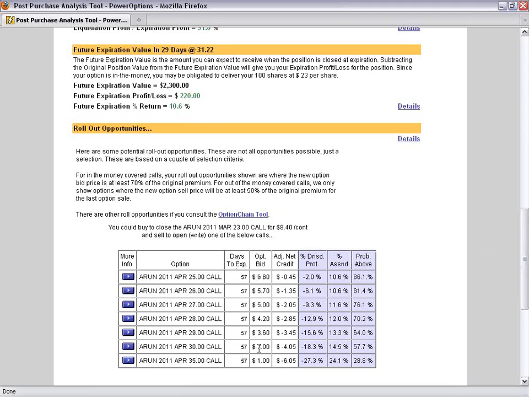But what we're really focusing on here is the fact that right now we have logically only the April series available unless we try to roll 5 months out, and then we're leaving our premium sitting there for 5 months, or 4 months, before the time value decays to make logical sense to roll again with the July series. And we're lowering our annualized return, of course, each time we do that. So what we're kind of looking for now is,